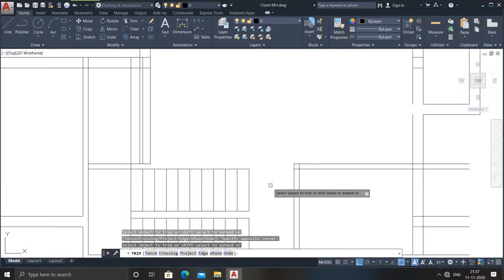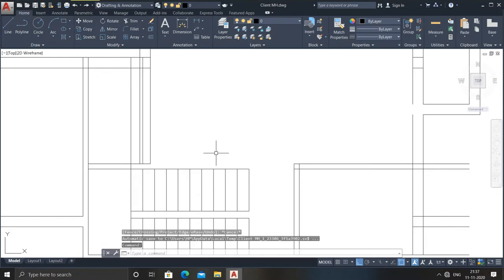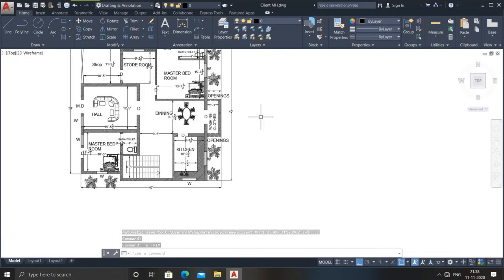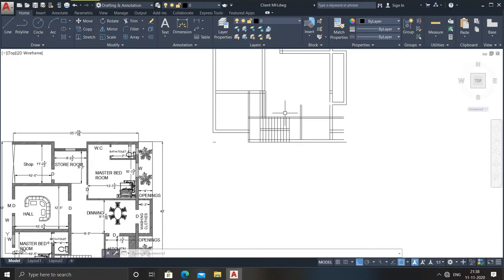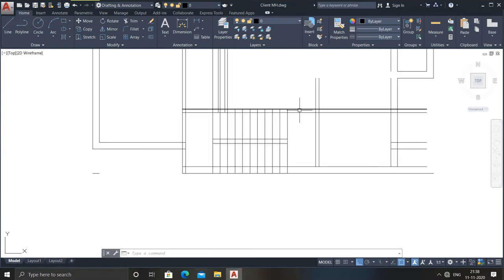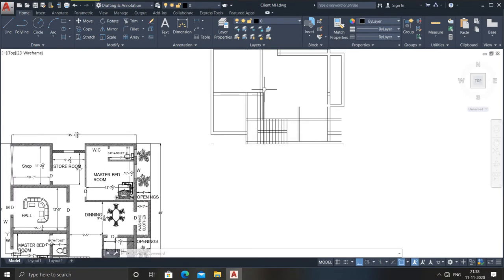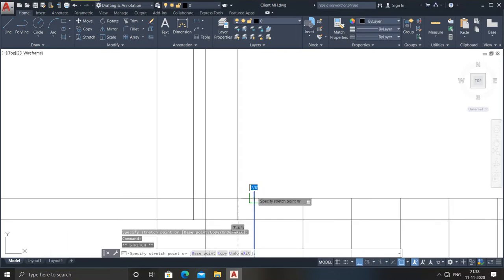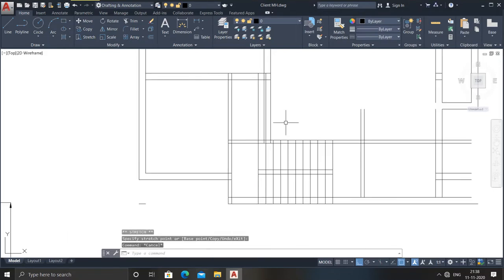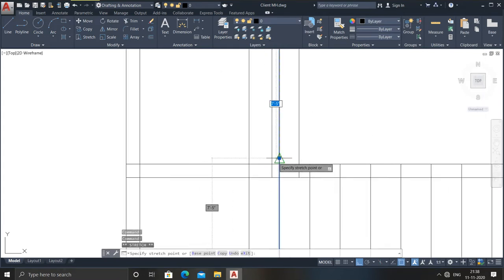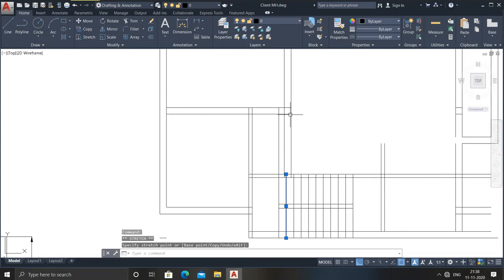So just trim this also. Sorry, here I need to go with this. So you can see up to here it's only the thing. To here, this would not be here. So just go to here. Here, in the sense, here to skip it. After that, this line should not be here. This should be at this level.